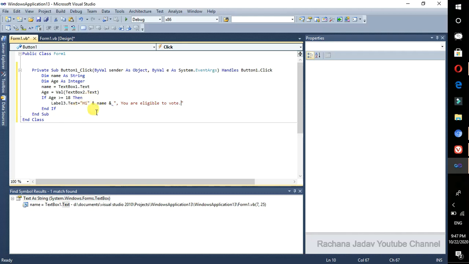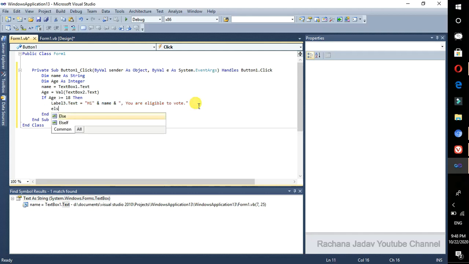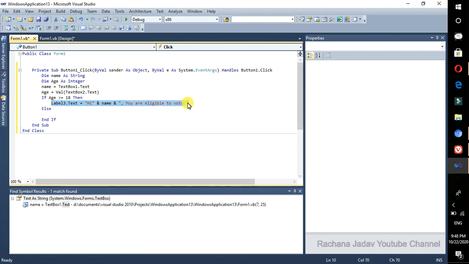And then what we have to give is else, right? This is for the true statement, that if this condition is fulfilled, if his age is more than 18, then we will go for this output. And if it is not, then what for false? So we will take else. Okay, we will take else and then we will write the same thing, but here there will be a change, that is not. So we can copy and paste it. So we pasted it and then you will write you are not eligible to vote.